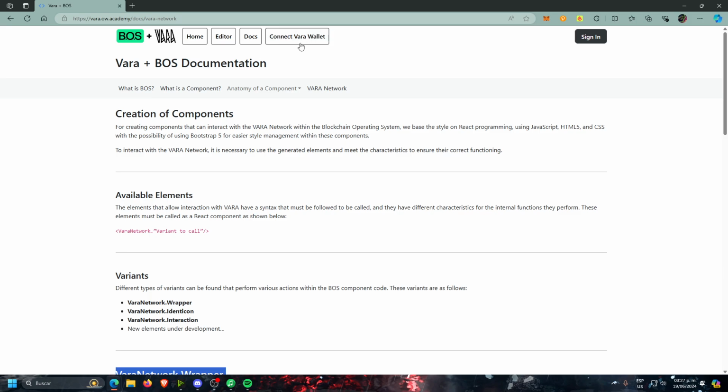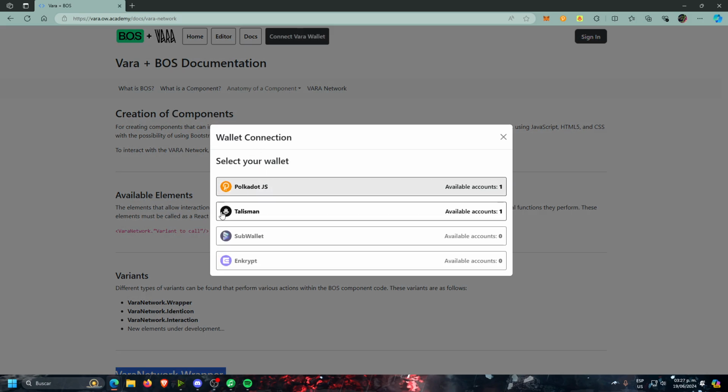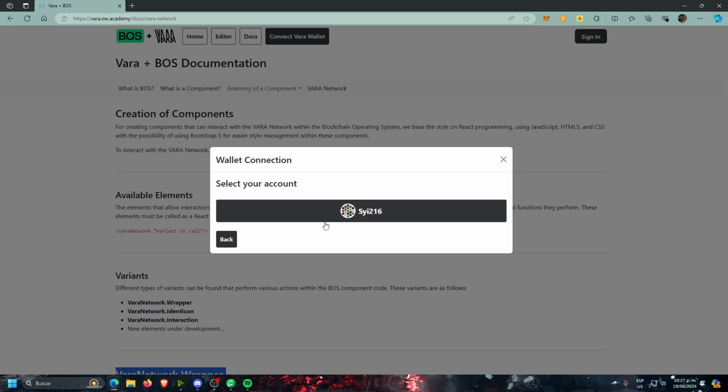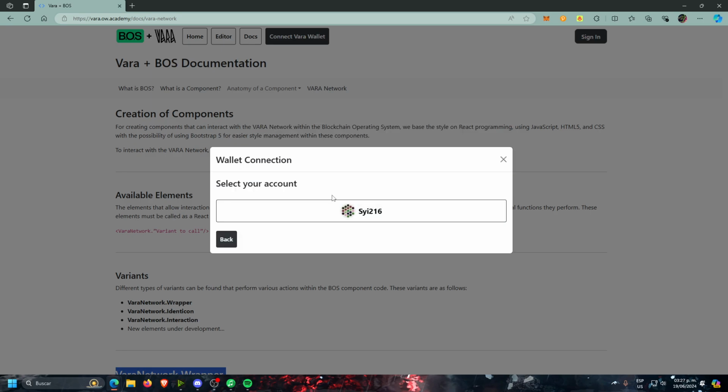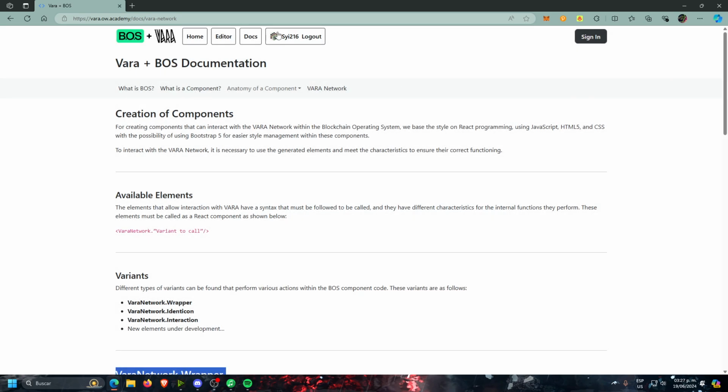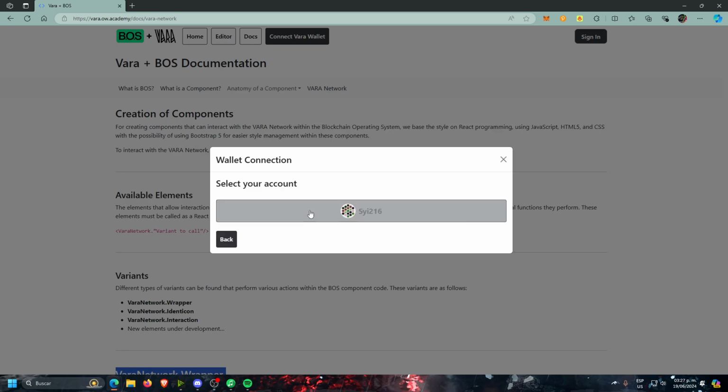In this button, you can connect to a VARA wallet. In this case, if we click on the button, you can select our wallet. I'm going to select Polkadot.js, and I'm going to select my account. Also, you can select Talisman or other wallet that you want. As you can see, I can log out if I click on the button and select